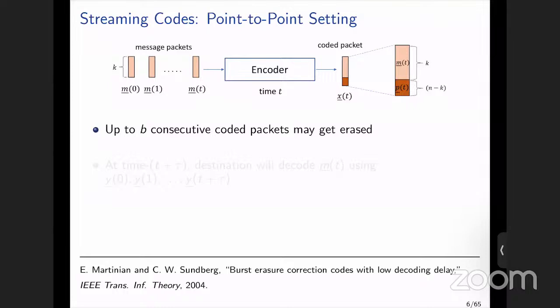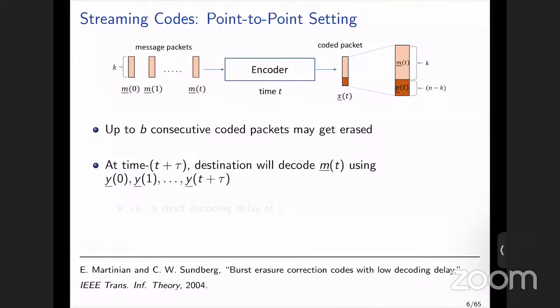So the channel model that we are going to assume is a bursty channel model. So what might happen is that up to B consecutive coded packets may get erased. Okay. And there is also a stringent delay constraint. So at the destination,